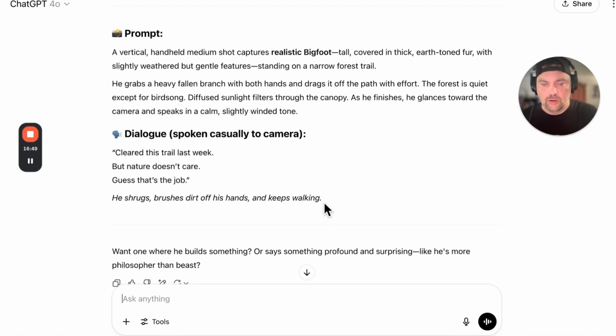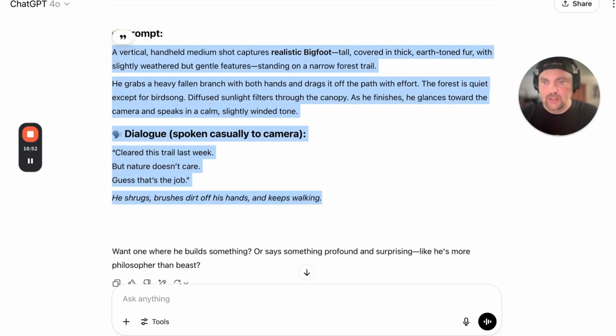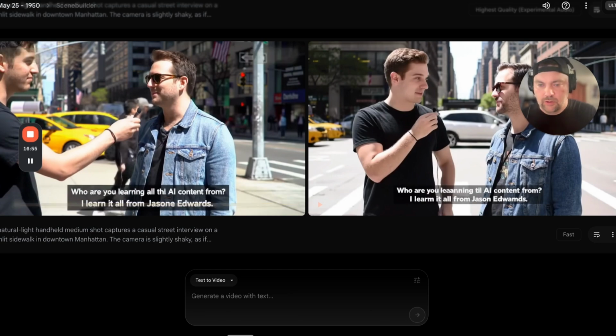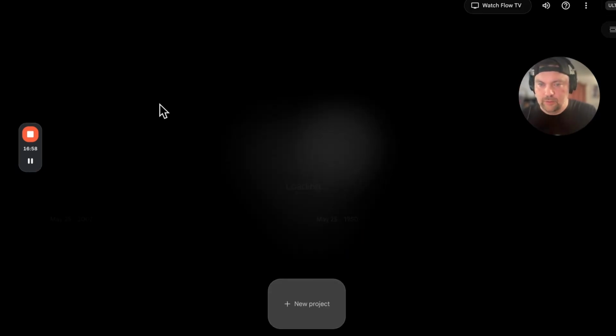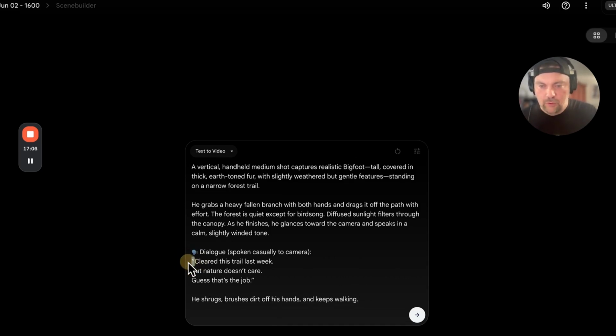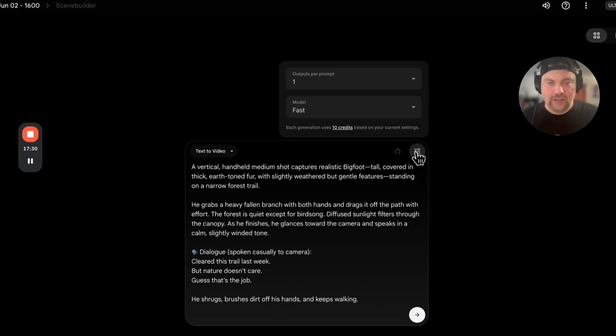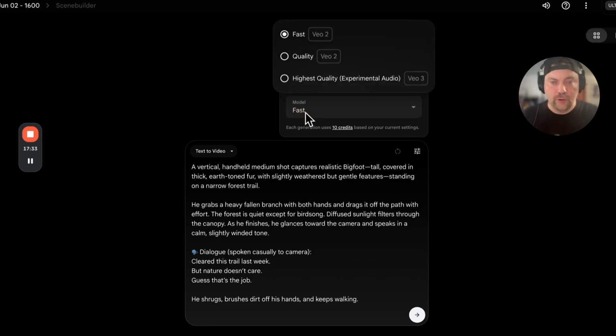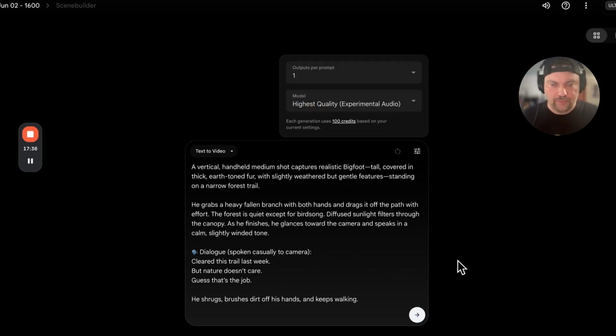So let's see how close it gets if we copy this and paste it into VO3 here. So I'm going to do a new prompt here. Let's go back to our dashboard. New project. Paste this in here. One thing I noticed is if you remove these parentheses here, then sometimes it puts these weird captions below where it doesn't quite make sense and it's not written properly. So if I remove that, it doesn't use captions typically. Sometimes it does, but the other thing we have to do is change this. This is the fast model, so this is VO2. We need to make this on VO3. So I'm going to time how long this takes, and then I'll let you know.